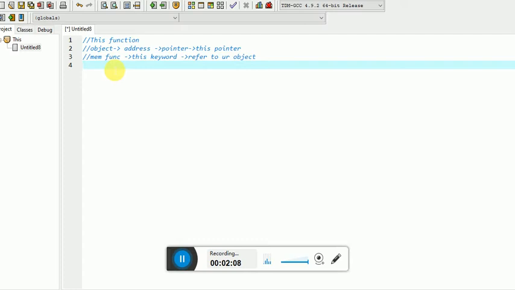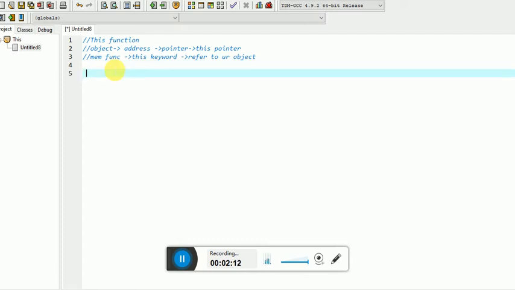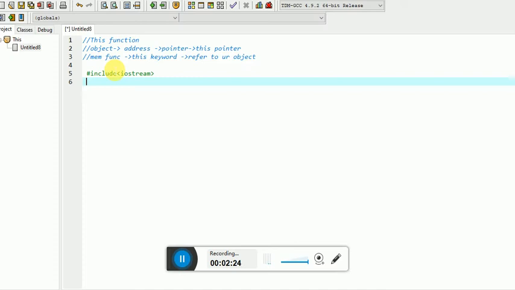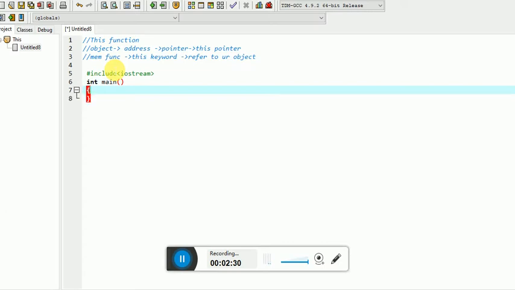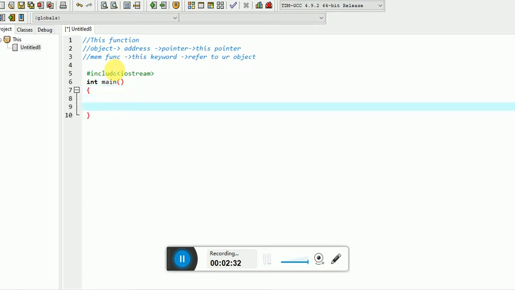First of all, we will be creating a sample class. So how is a class created? Let's get started with the header file first. So we will be creating a class.